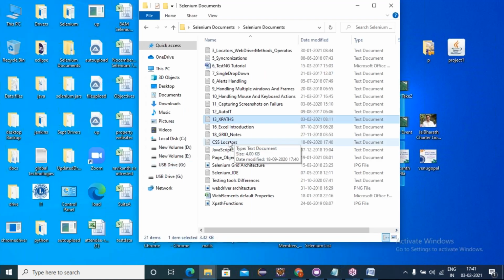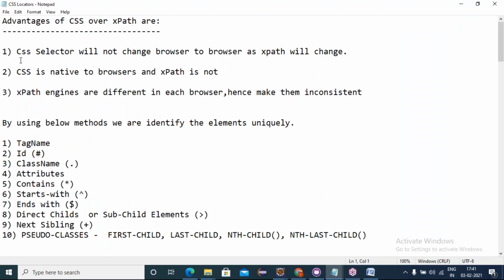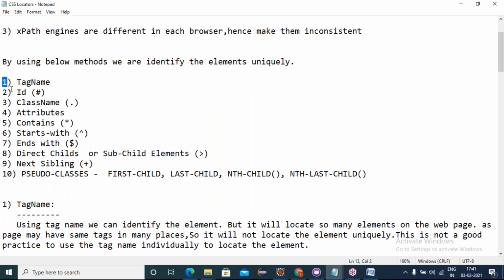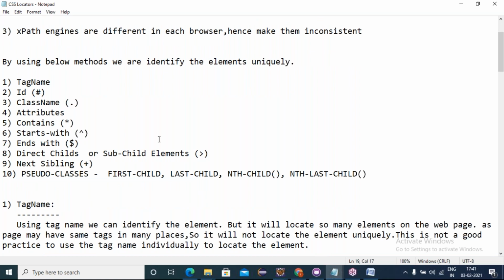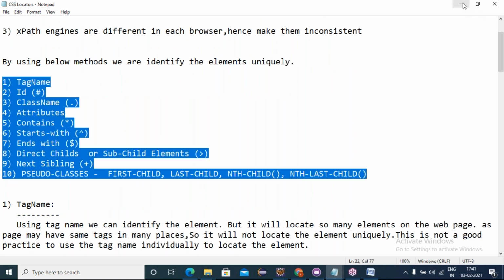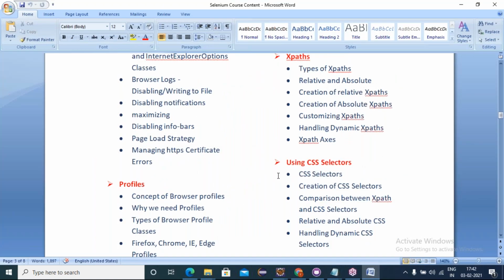And coming to CSS selectors. To build your CSS selectors, or to identify the elements using CSS selectors, how can we use that? Using the syntaxes only, we build CSS selectors to interact with the web elements. These are the rules we have to follow in building that. Yes, XPath and CSS. So 6 days we are occupied with locators only.